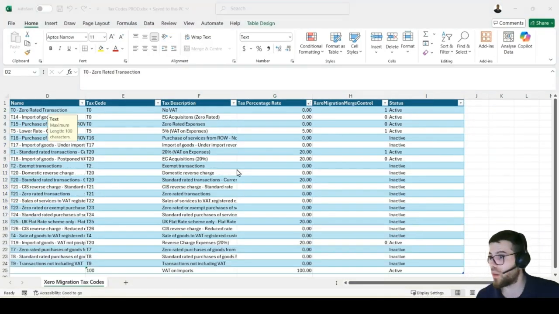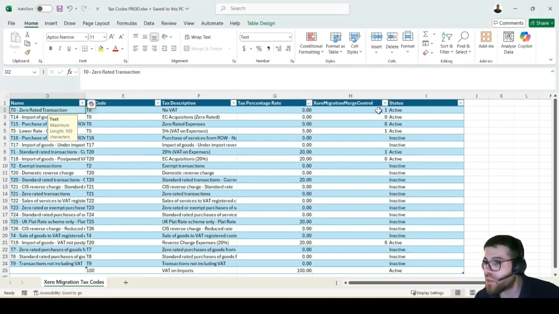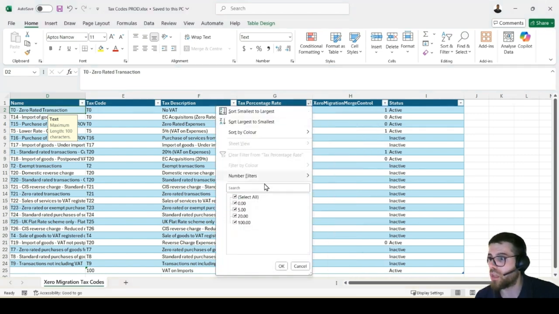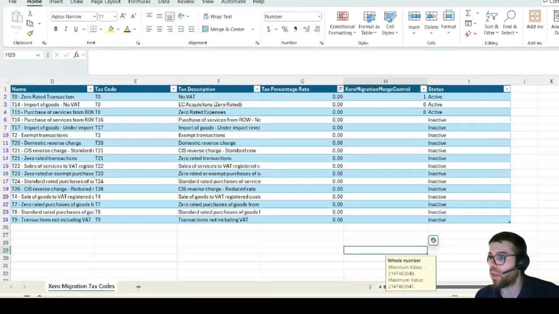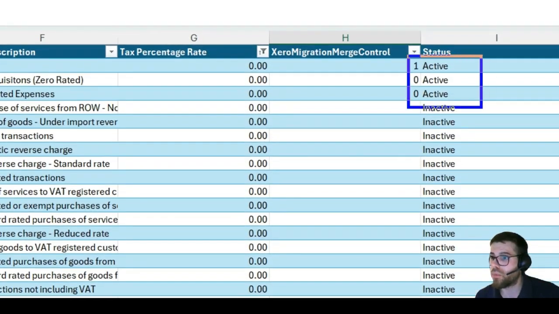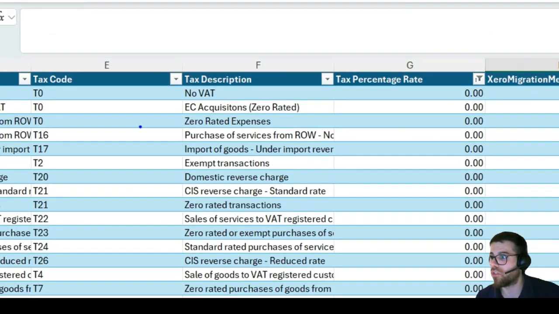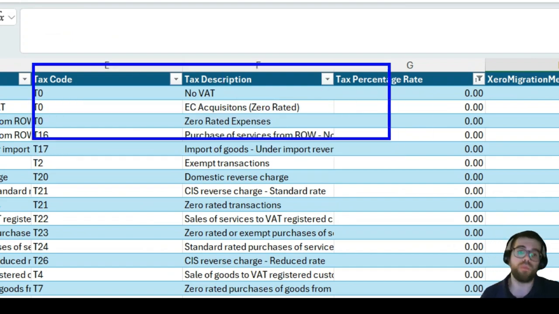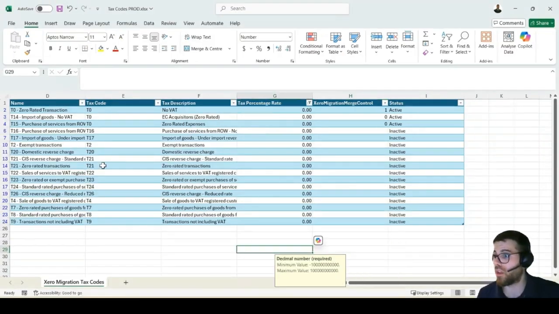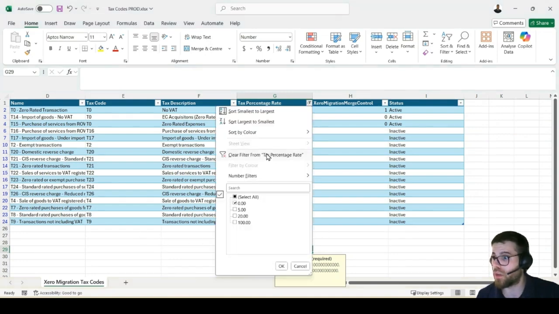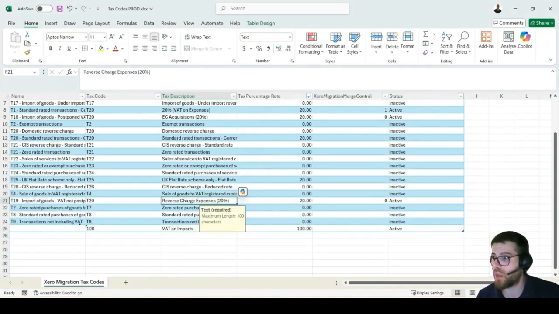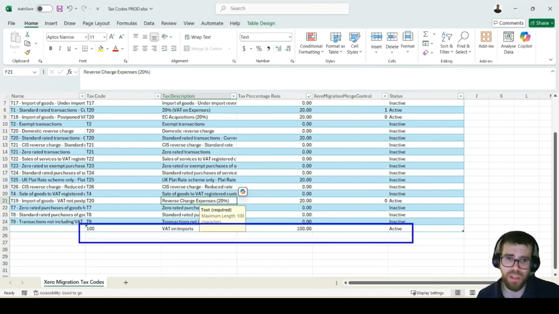And so after some manual changes, what I've done is, let's pick here, see that we have some changes. Let's pick, for example, as we were saying, the 0, 1, we have only 3 that are going to be active. Only 1 is going to be used as default. And then here we have changed the tax codes and tax description according to what the business wants. And you'll see that I also created a new 100%. I don't know what has 100% VAT in the UK, but I don't want to